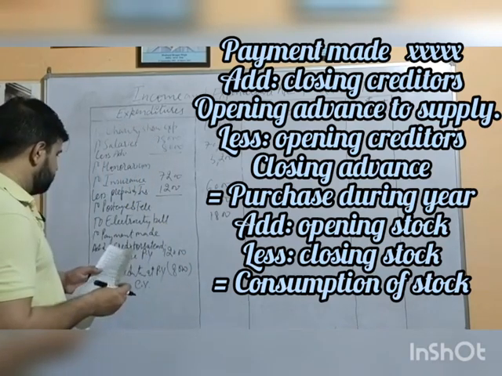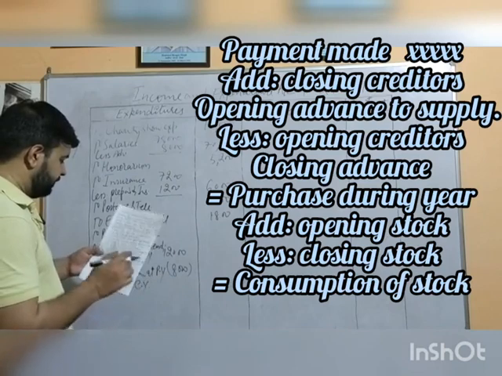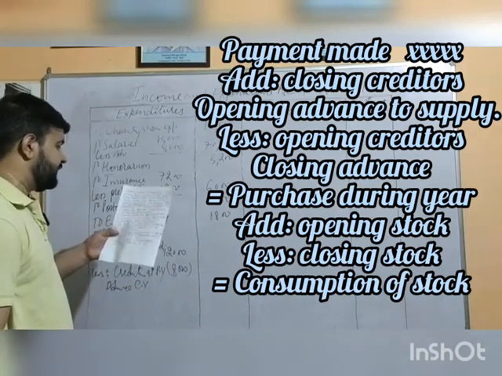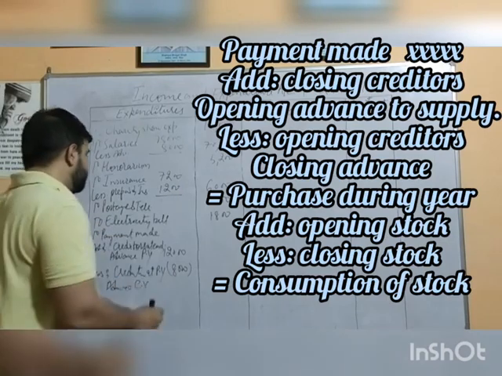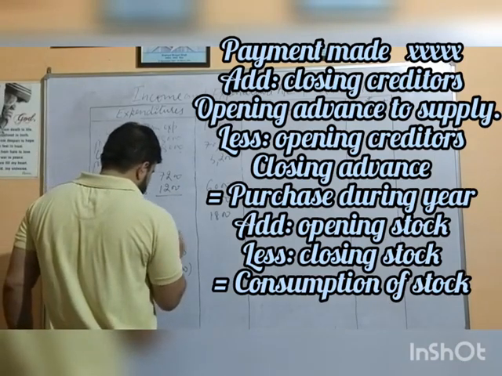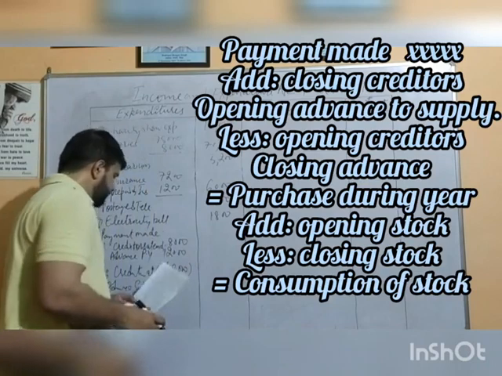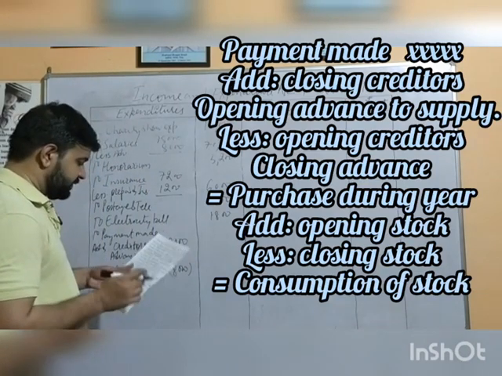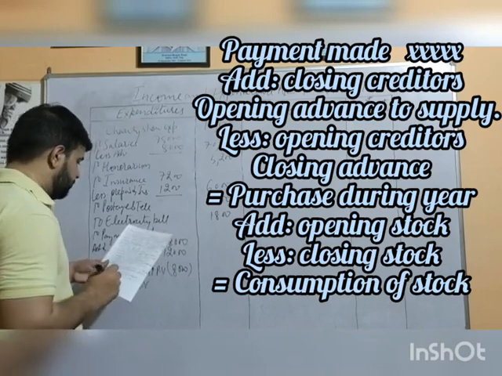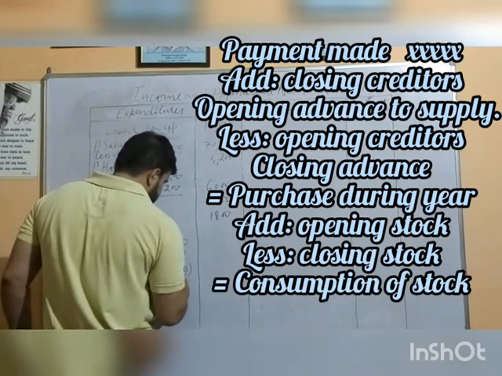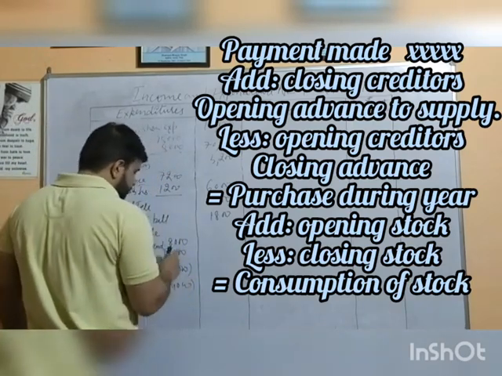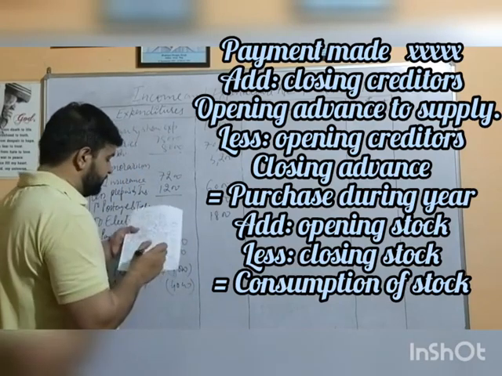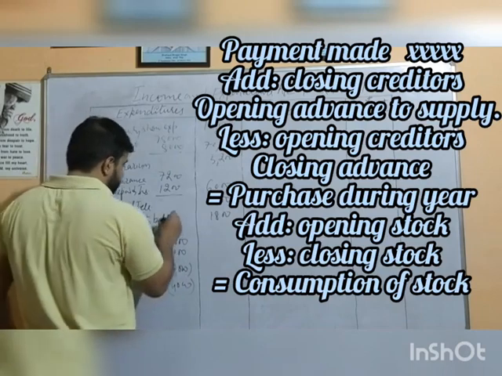Then we have to find out creditors at the end of year. Creditors are given in adjustment number 4. Creditors of sports material at the end of 2012-13 rupees 8,000. They are related to current financial year. Then we are coming to the advance of current year. This advance is also given in adjustment number 4, last part, rupees 4,000. So we are having 12,000 to subtract and 20,000 to add in the payment made during the year, which is given in the receipt and payment account as 80,000.